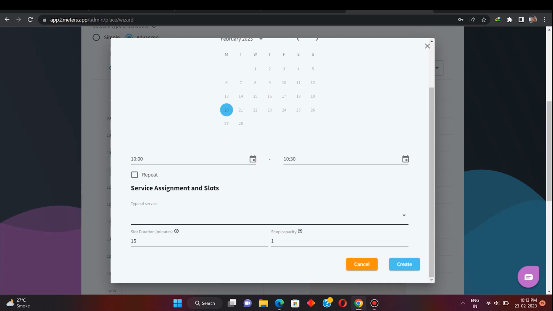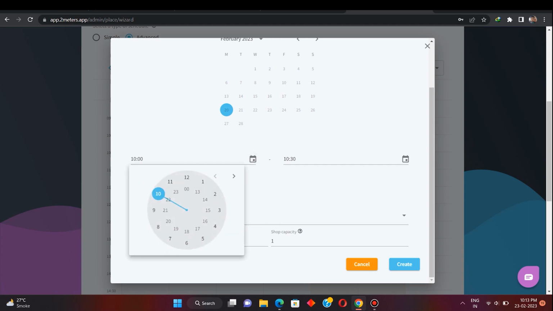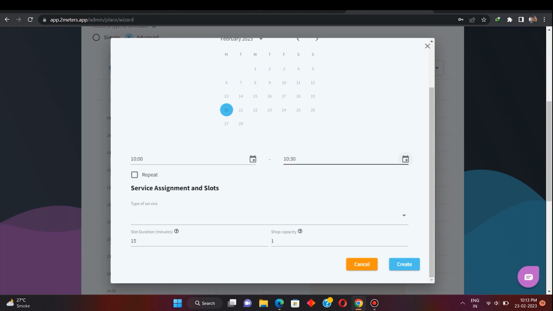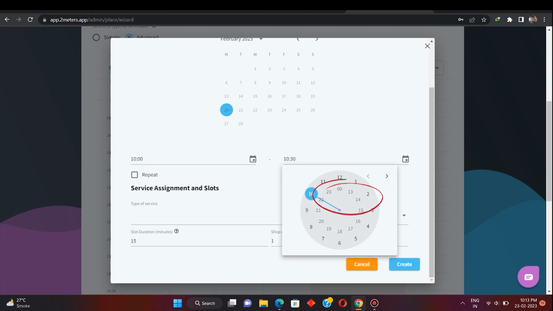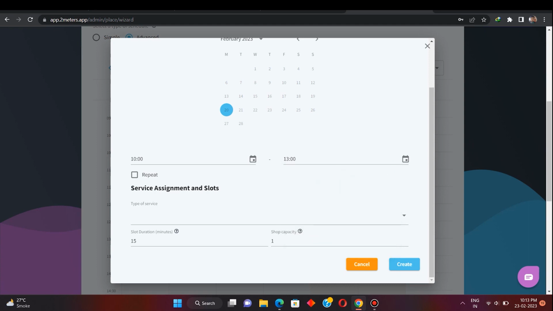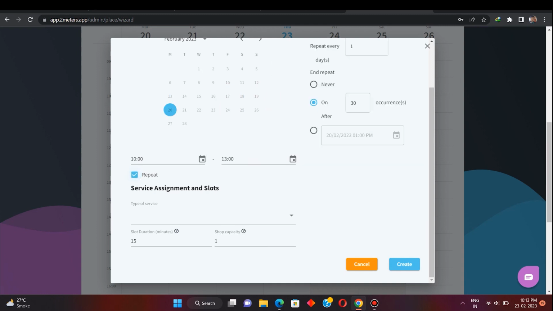And here, this is where you specify when your patients want to come in for an appointment. So suppose your OPD begins at 10 and then it closes at, say, 1. I click 13 here, not 1. I click 13. And I want this 10 to 1 to repeat every day,